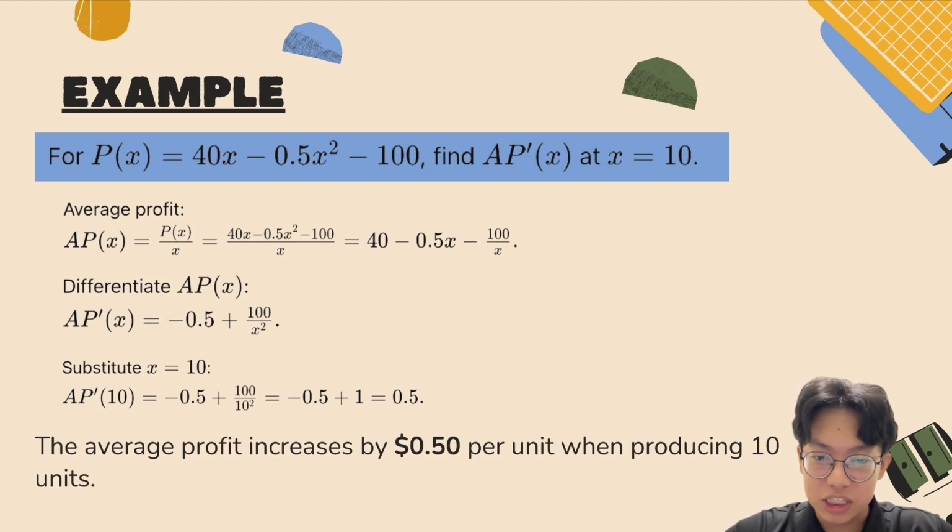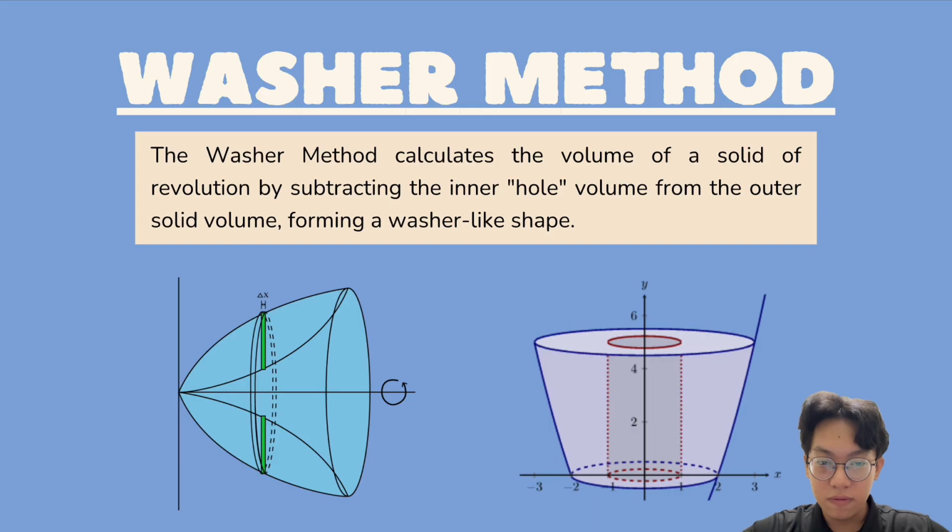As the rate of change is positive, this means that the average profit increases by $0.5 per unit when producing 10 units. Finally, we are at the second part of this presentation, the washer method, a technique in calculus used